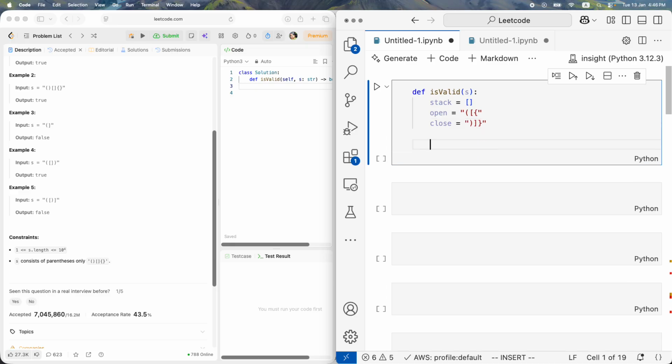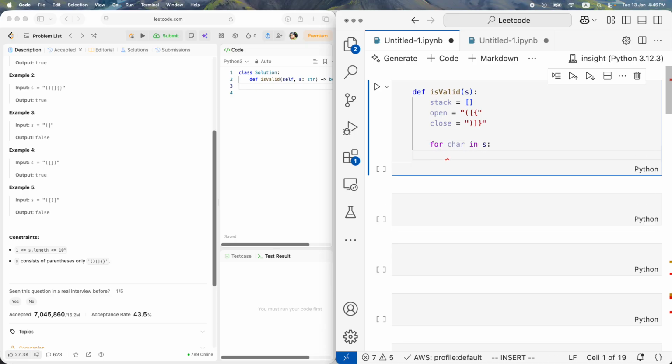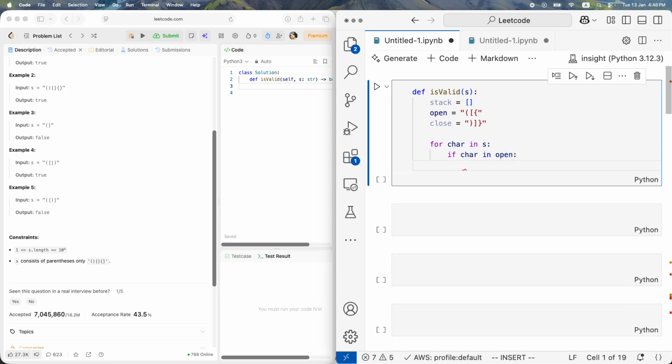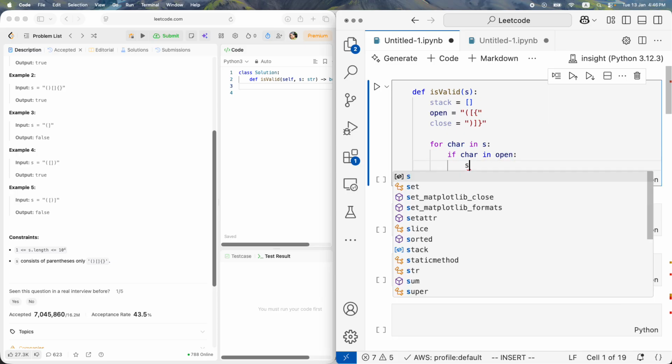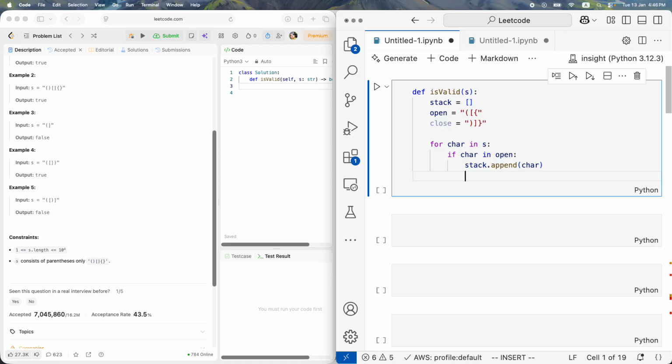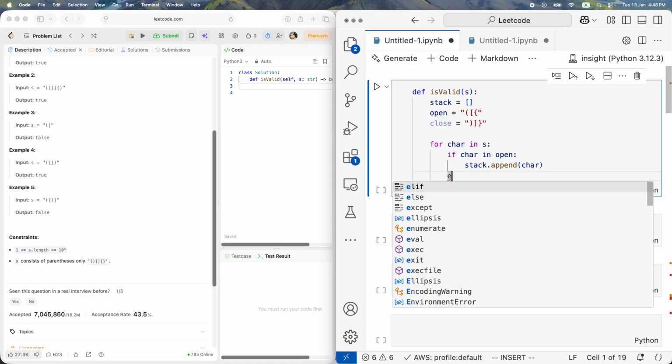Then we iterate over each and every character in the string. If the character is available in the string open, we can push it to the stack. Else,